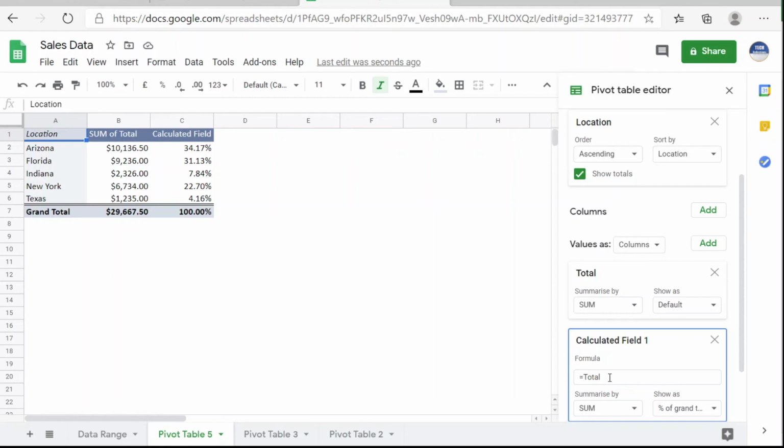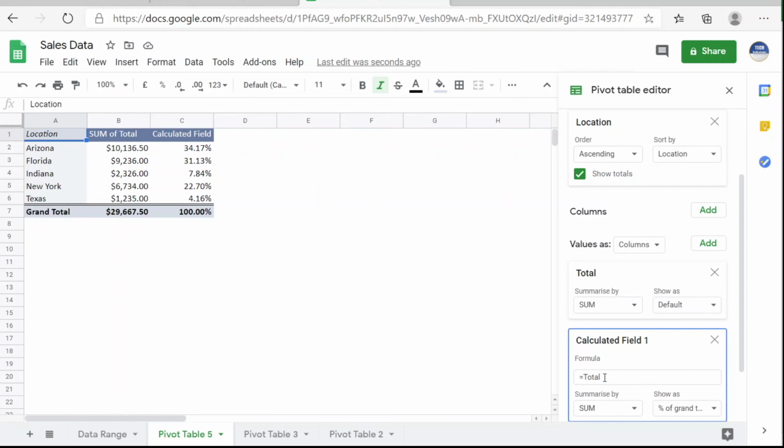So this is how you can add any calculated field to the existing pivot table, because we can do this as a calculation outside this pivot table also, but later on if the pivot table gets extended, in that case it will give us an error because the pivot table needs a space to get extended. And in that case, if we already have a value in those cells, then the pivot table will give us an error. Okay, so this is how it works in Google Sheets, and now let's try doing it in